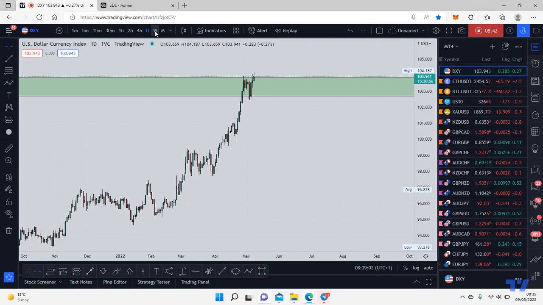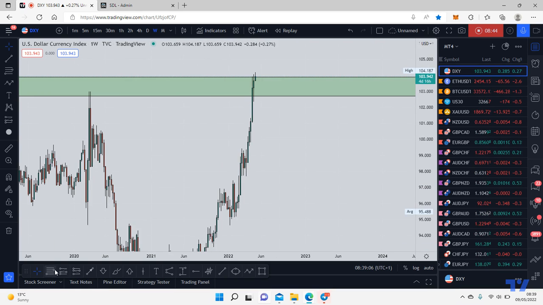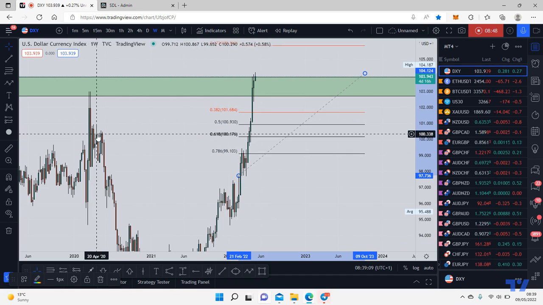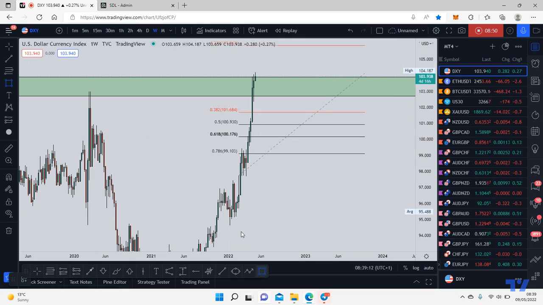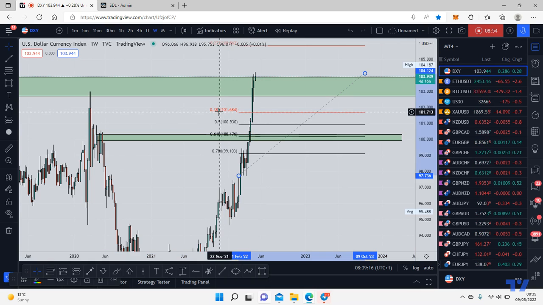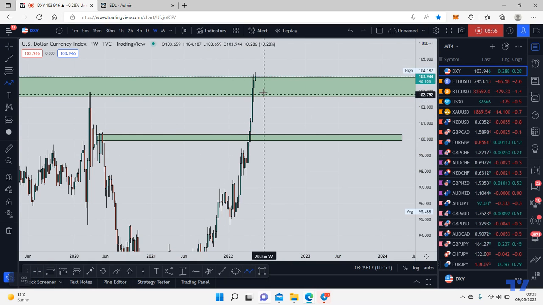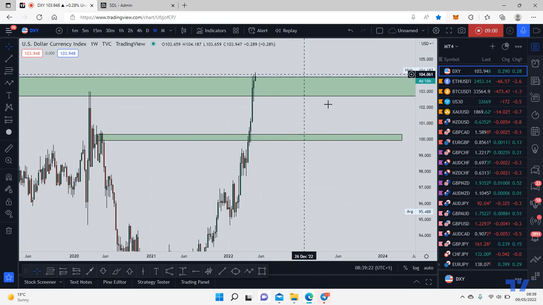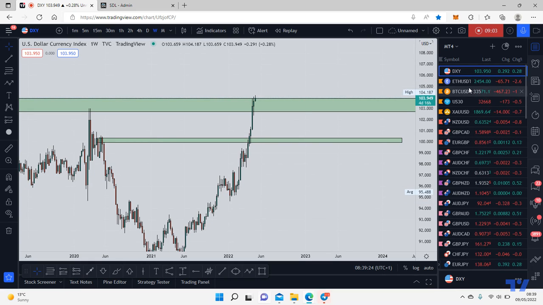If the dollar does make a corrective move, if we take our Fibonacci from the low to the high of the impulse, we can identify that the 0.618 lines up quite nicely with this level here. So we could for sure be expecting a corrective move sooner or later from the dollar. And if the dollar makes this corrective move, then this will obviously allow BTC and Ethereum to make